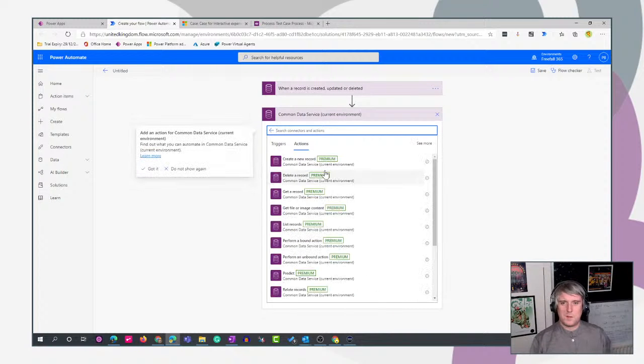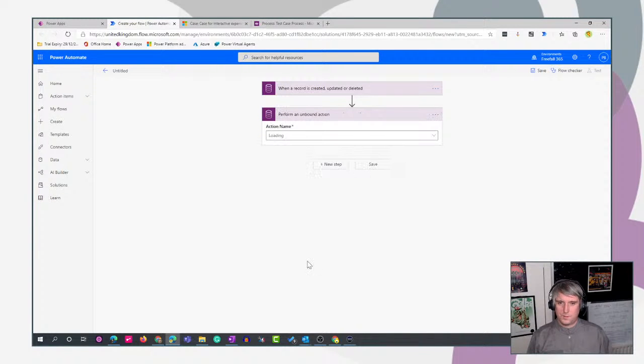And again, we're using the Common Data Service current environment connector. There's an action in here called perform a bound action and perform an unbound action. It's the unbound action one that we wanted to use. Now, performing an unbound action calls an action within Dynamics 365, within the Common Data Service. And Dynamics 365 comes with a load of these out-of-the-box actions,